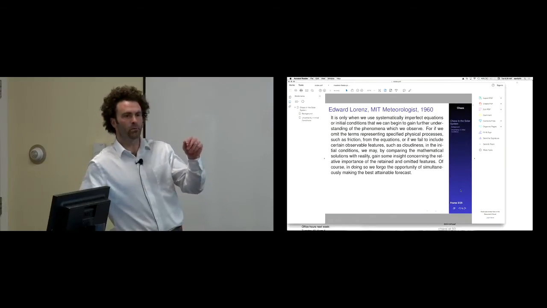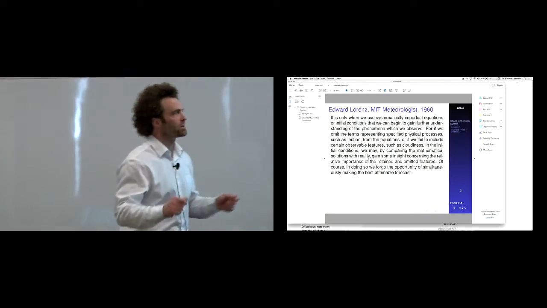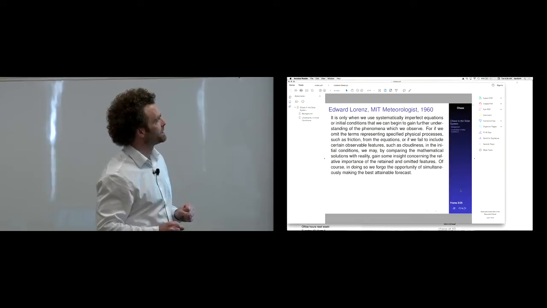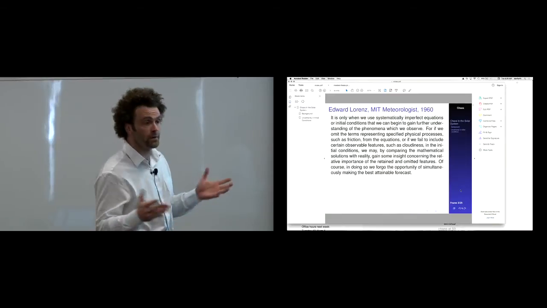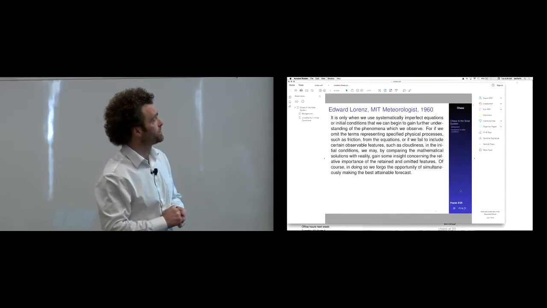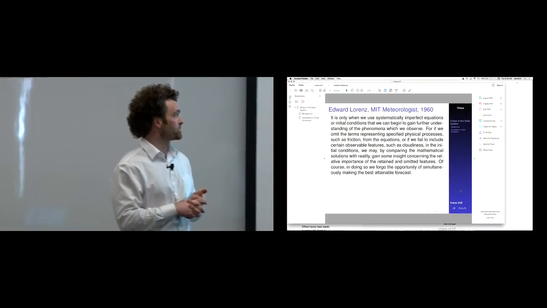So you make the model worse. You go in and fool around with the parameters or change the initial conditions a little bit, that we begin to gain further understanding of the phenomenon. For if we omit the terms representing specified physical processes, such as friction, from the equations, or if we fail to include certain observable features, like cloudiness in the initial conditions, we may, by comparing the mathematical solutions with reality,